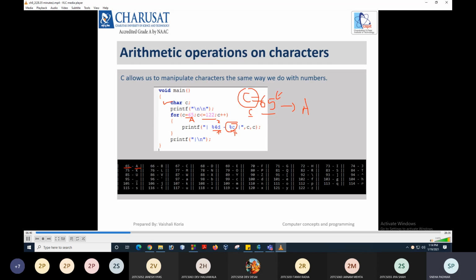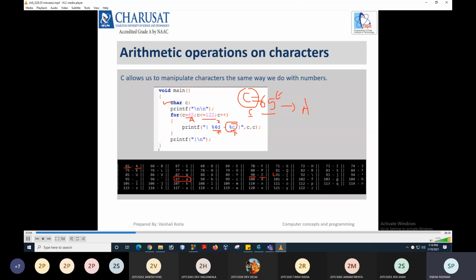Here you can see that there is a table in which the ASCII values of all the capital and small case letters are there. The ASCII value of the capital Z is 90, right? And the ASCII value of the small a is 97, right? And from 91 to 96, there are some random characters.